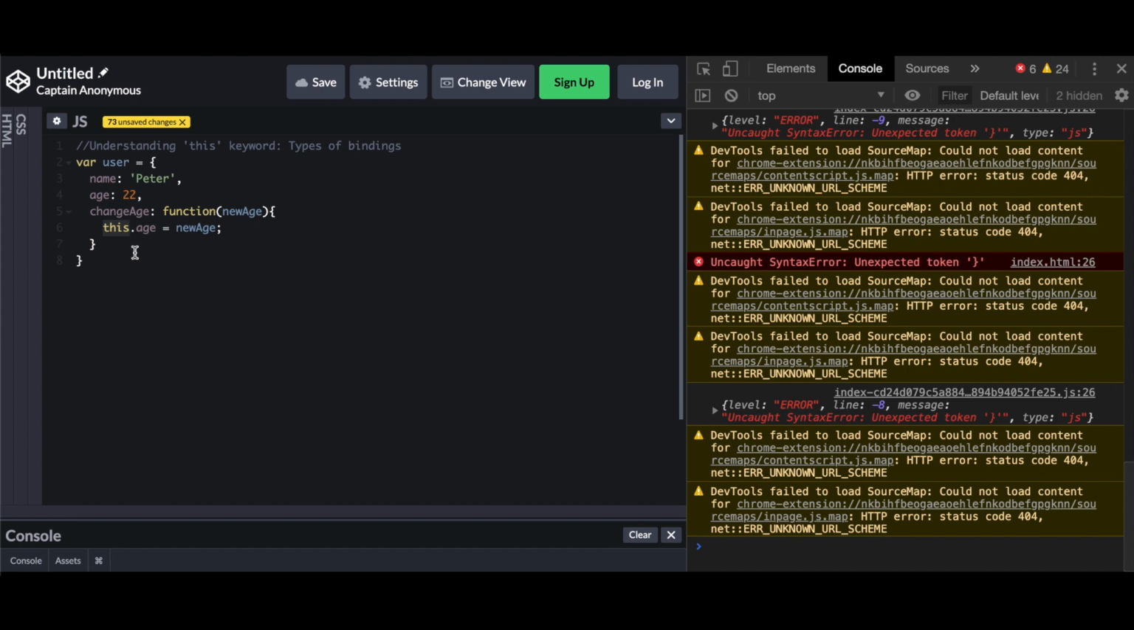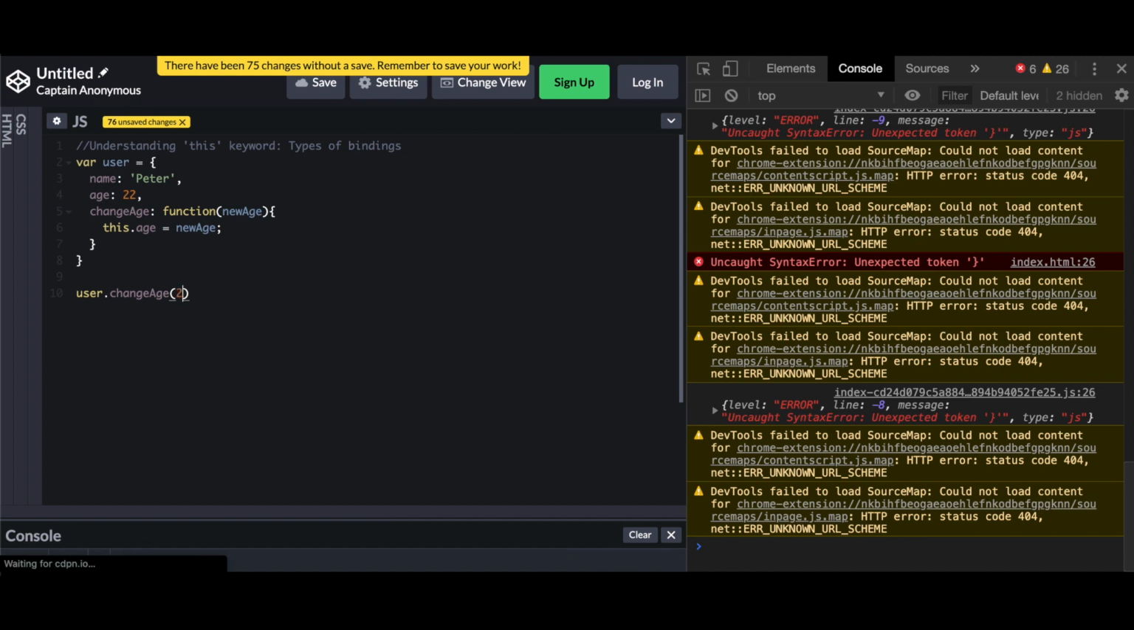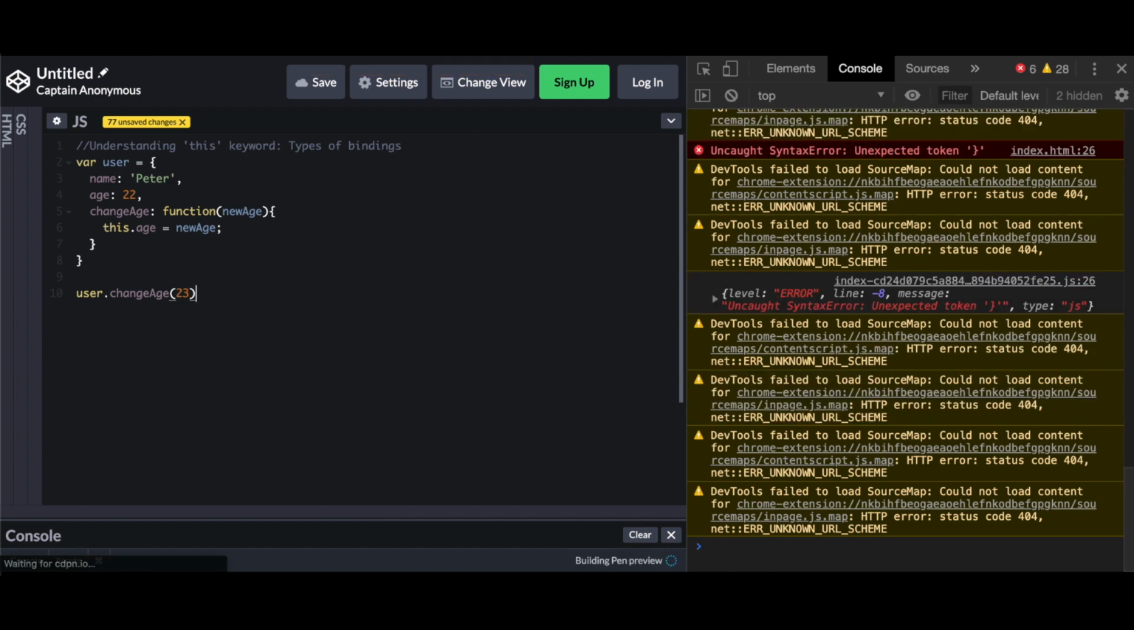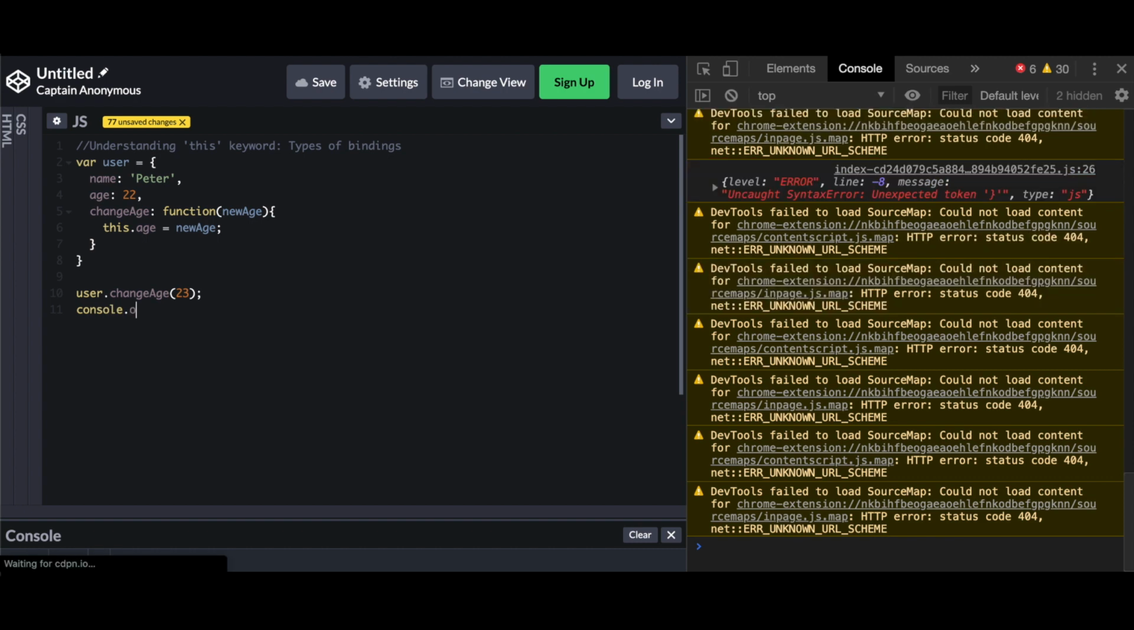What I want to be doing is I will call this particular function changeAge by different methods so as to see what the context of this keyword is inside this particular function. So yeah, if I ask you in general, how can I call this function changeAge? It's quite clear. I'll have to do user.changeAge. Yeah, that's quite obvious, I guess. Let me pass the age as 23, and what I'll do is console.log